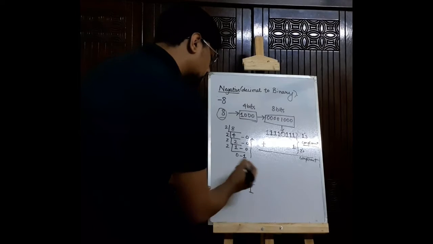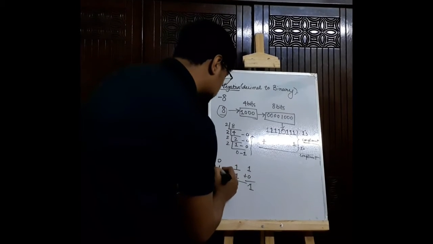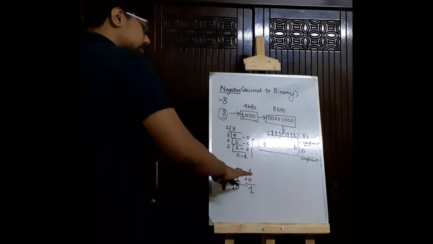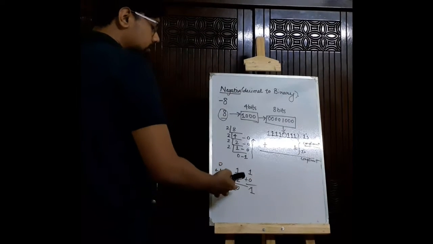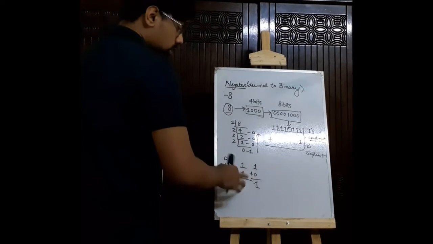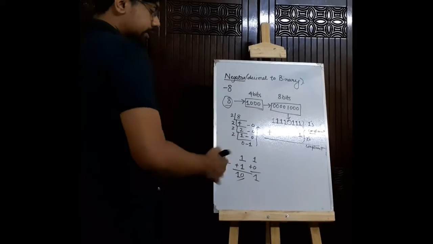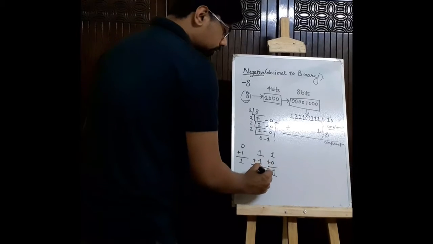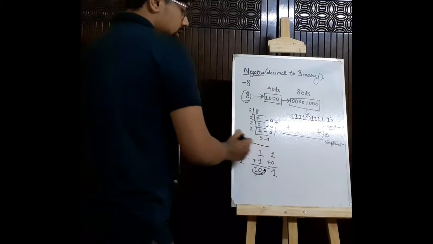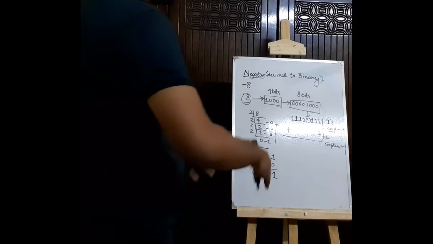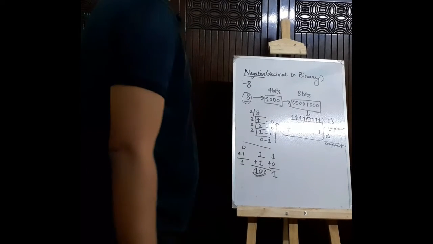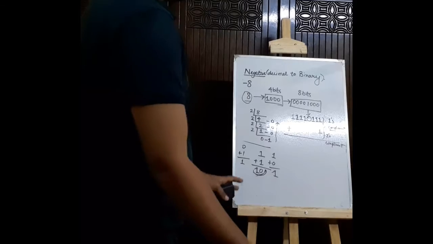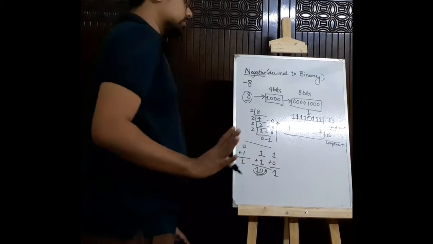So 1 plus 0 becomes 1, 0 plus 1 gives us 1. And when we have 1 plus 1, that becomes 0 with a carry, that becomes 10. Why is that? Because 1 plus 1 gives us a value of 10. You need to remember this one, okay? So these are the things you need to remember for binary addition. These things were given in your 12th class, I guess. But if you don't remember, here is a quick review of that one.